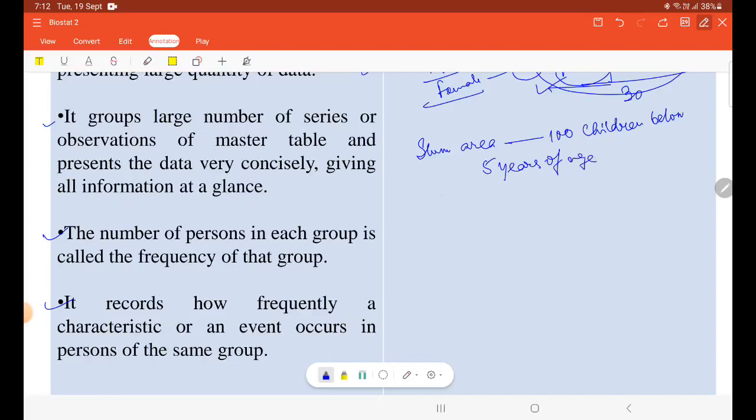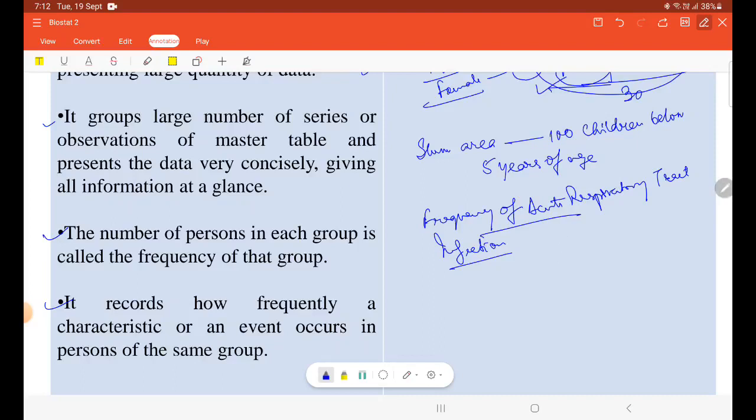Now the frequency of acute respiratory tract infection among these children. Okay. So if you differentiate into a frequency distribution table, how many had